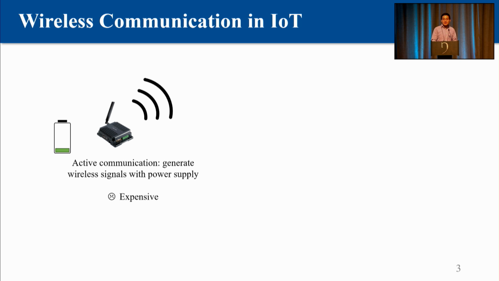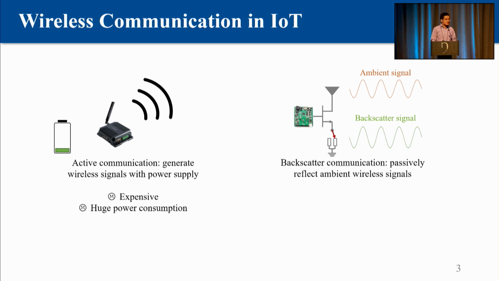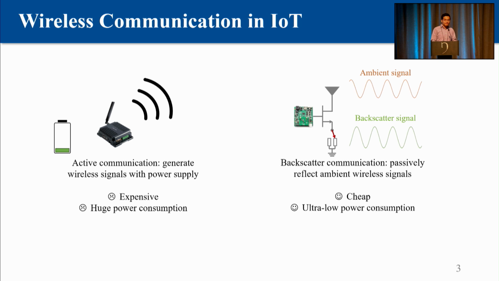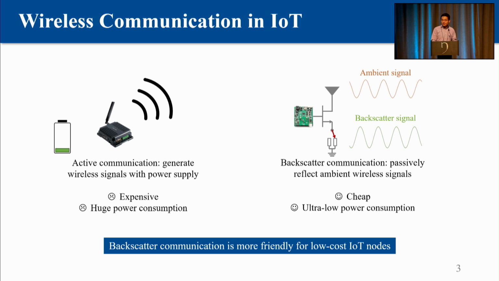But the major problem is that they are battery-powered, so they are expensive, and in many cases they are not suitable for many embedded and power-constrained IoT applications. So instead, the authors claim that backscatter is going to be a better choice, and we have also learned this from the previous papers. Backscatter devices are passively powered by the ambient signals, so they don't need to be powered by batteries. They can be made very small, consume an extremely small amount of power, and fit a larger variety of IoT applications.